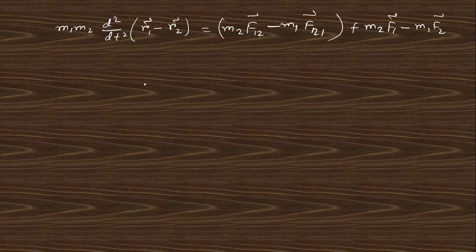If you rearrange them, you can write m1 m2 d2 by dt square of (r1 minus r2) is equal to (m1 plus m2)